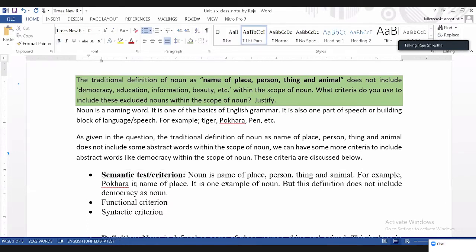According to this criterion, criterion is singular and criteria is plural, take note. If we are talking about one, it's criterion; if we are talking about many, then it's criteria. According to this criterion, a noun can occur